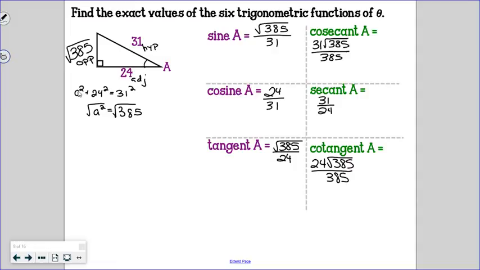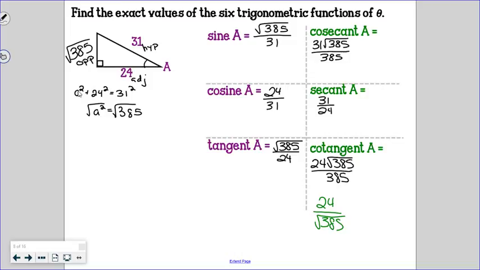All right. Well, they kind of caught what I was hoping to talk about on here. Do you guys know what I'm talking about? Originally, flipping this one upside down would have left us a radical in the bottom. So if you had started with 24 over the square root of 385, you are totally on the right track. You have done the right move. You did the reciprocal. They just caught it. Both of you guys, good job. And they rationalized, right? So that was kind of the point of this one, is that's going to happen if